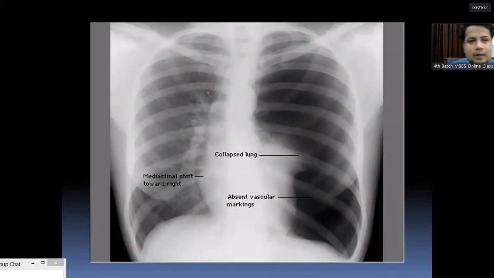So in this X-ray also we can see that the left lung appears lucent, more lucent than the right side. We can trace the bronchovascular markings here, but it is devoid of the bronchovascular markings elsewhere. So this was a case of left-sided pneumothorax. Though we don't appreciate the visceral pleural line, because the whole of the lung is collapsed and is abutting the mediastinum, it is adjacent to the mediastinum. So this is a massive left pneumothorax.